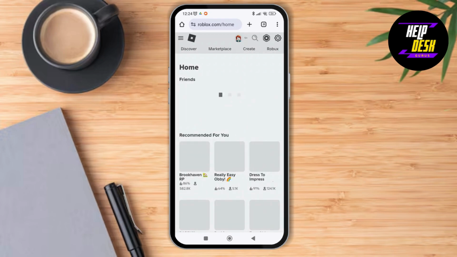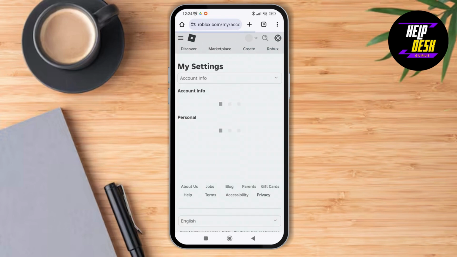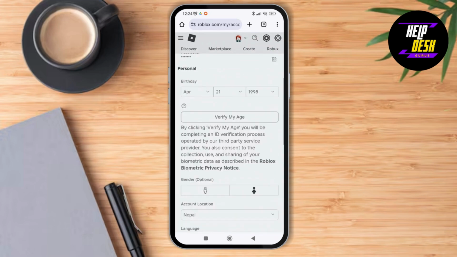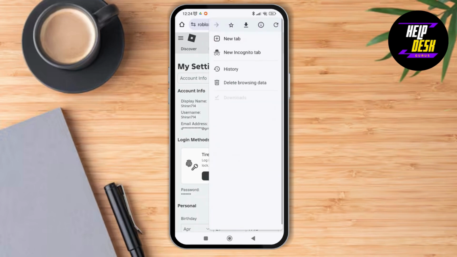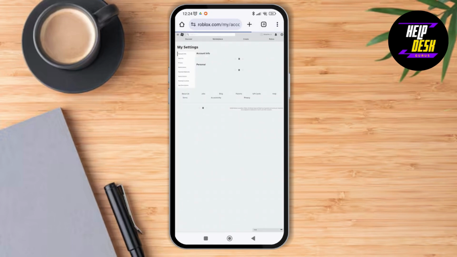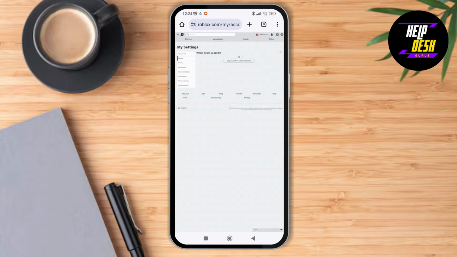Now after logging into your account, all you have to do is tap on the gear icon, which is at the top right corner. Then tap on settings. Then just scroll down and you can also see the option of security on the left side menu bar as you turn onto the desktop side in your device. So just tap on security,